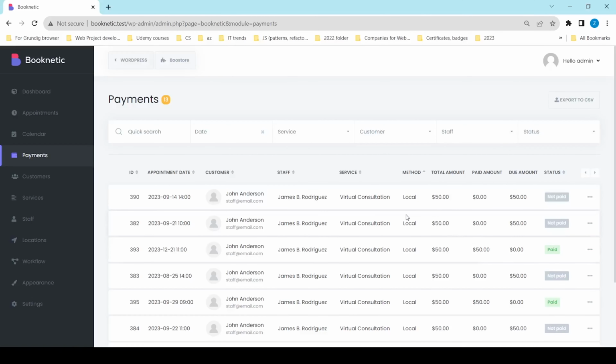Hi everyone, today on Booknetic video documentation we will talk about the payments. If you want to learn where you can see past transactions, details of each payment, and exporting it to a CSV file, watch closely. Booknetic payment model is a user interface that allows businesses and service providers to manage and oversee their